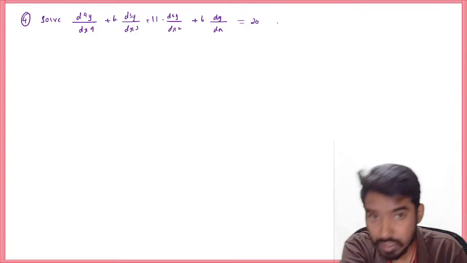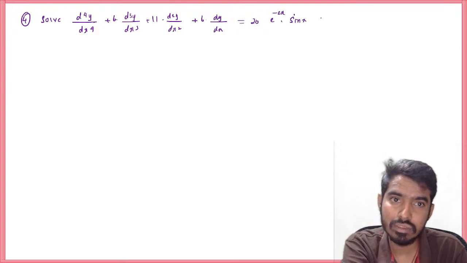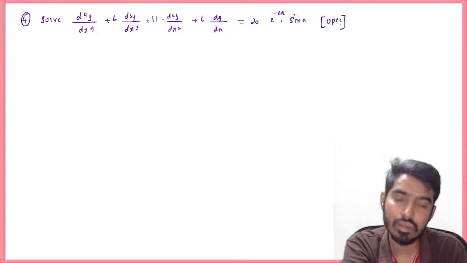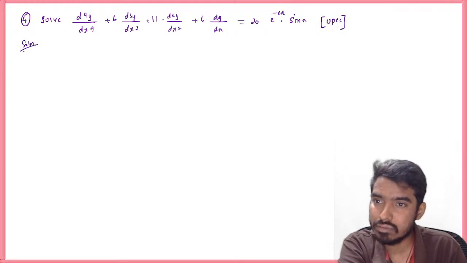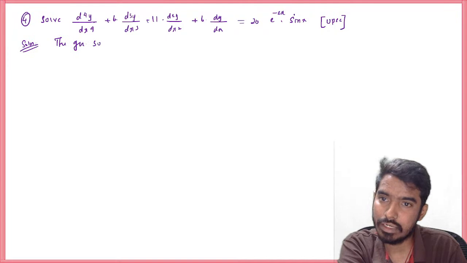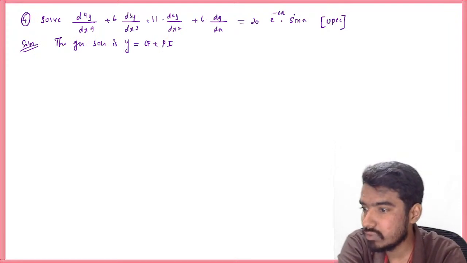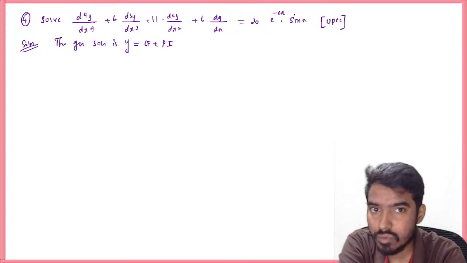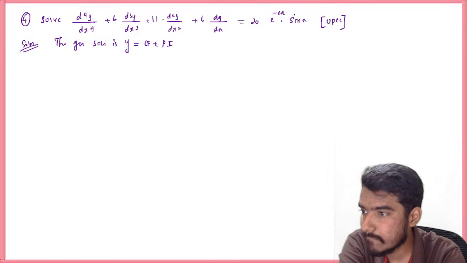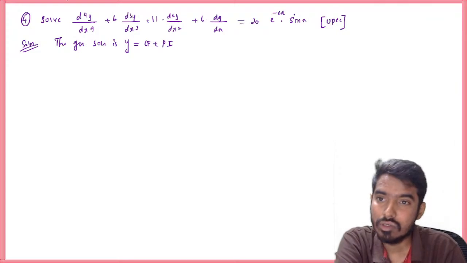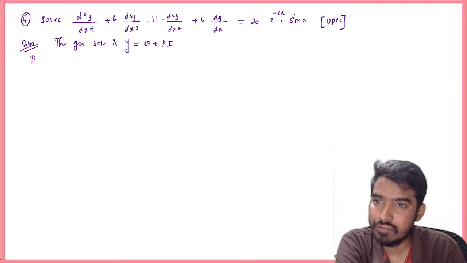So my 6 times dy by dx is equal to 20 times e power minus 2x sin x. So this is a UPSC question. Solution, right? So we'll solve this. General solution is y is equal to CF plus PI, right? CF plus PI. So we'll solve this very fast. We have 20 e power minus 2x. Yes. So to find CF,